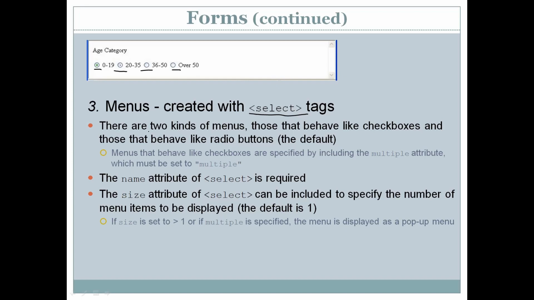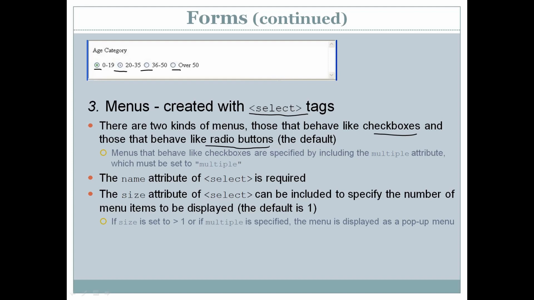There are two kinds of menus, those that behave like checkboxes and those that behave like radio buttons. In case of a checkbox type menu, you can select multiple items from the list.